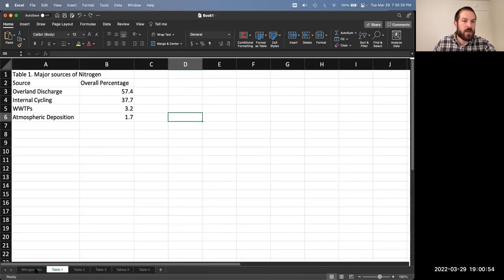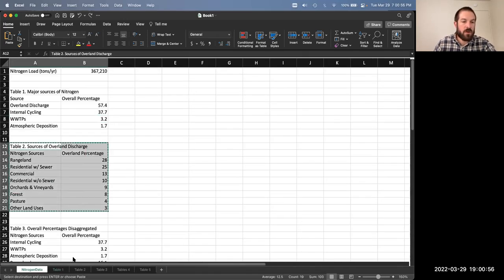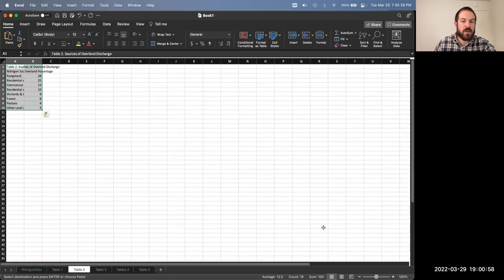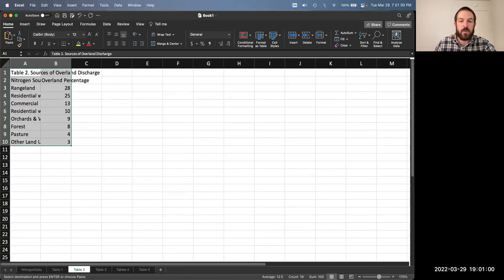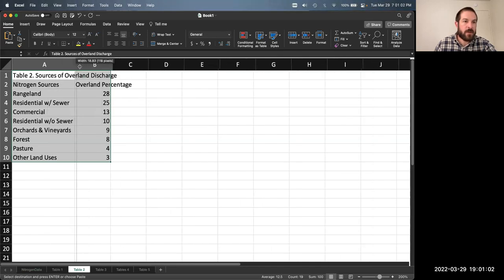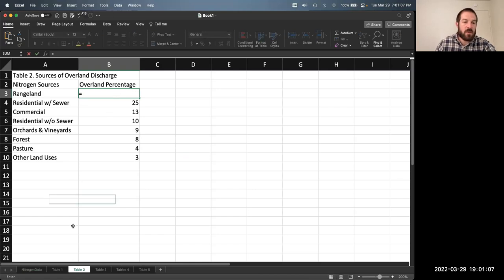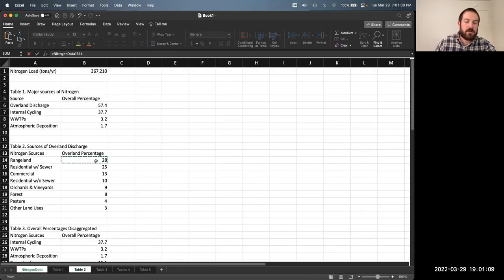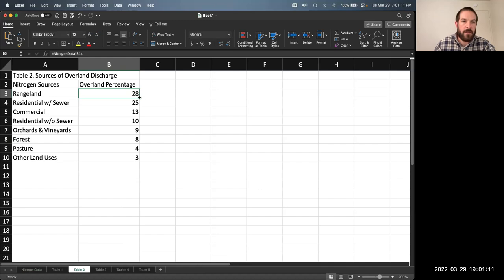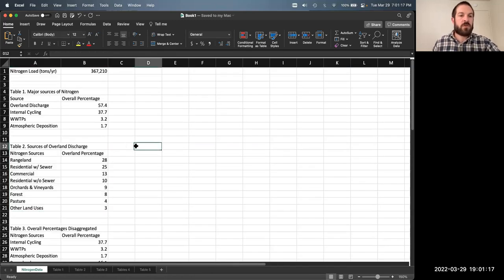So let's do the same thing here for table 2. Okay, we're going to copy table 2, paste table 2, make sure that this is big enough for everybody to see. All right. And I'm just going to do the same thing, because this is generally good practice. Okay, to make your data that you're building your charts off of